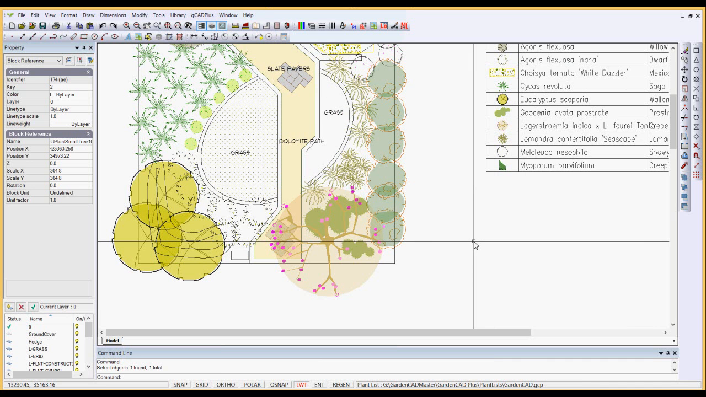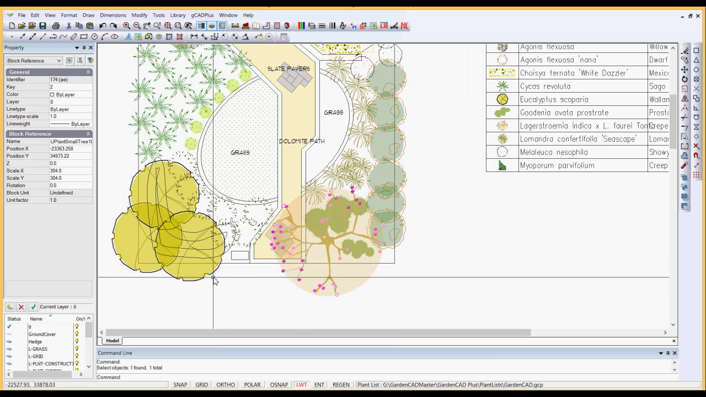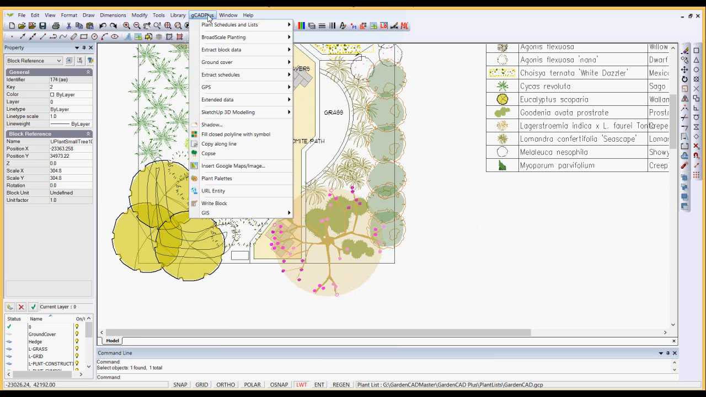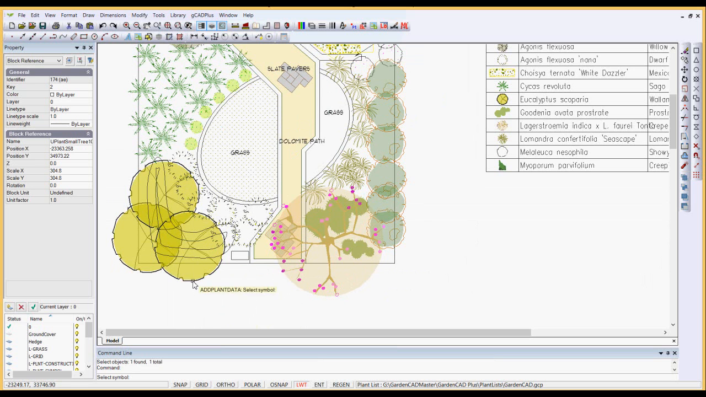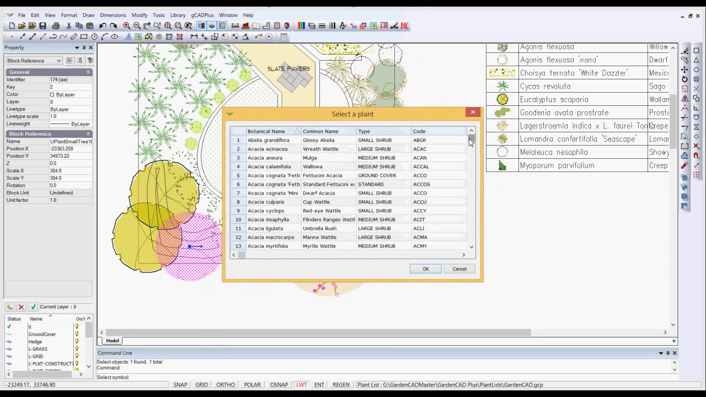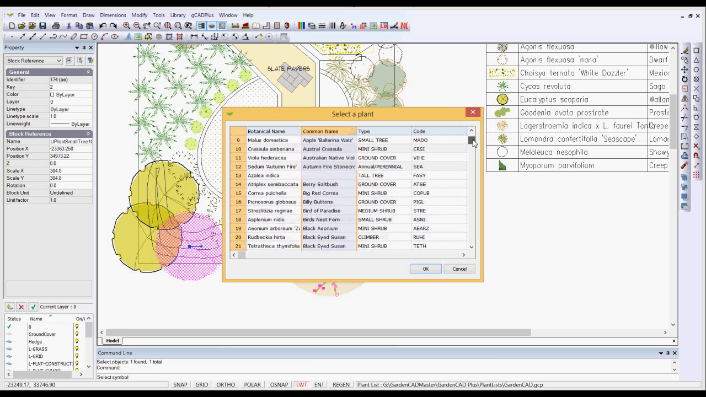So in order to run an automatic plant schedule, every symbol that you need has got to be assigned to a particular species. So let's reassign that one. So gCADPlus will set data to a plant, pick the species that I want. Let's imagine I want another eucalypt. Maybe I might want to pick by common name, so I could sort by common name. The list is now sorted on common name rather than,